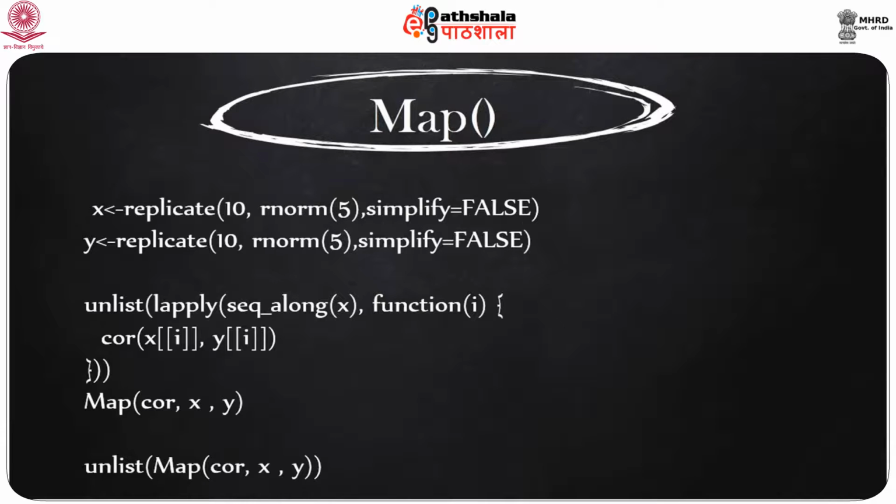Since this problem involves two lists, if you use the lapply function here, it would work in a clumsy way, like the one we have given here. Instead, try the Map function. Just type the code that we have given here: Map, then within the brackets cor, the function which will find the correlation, and then the two lists for which we are trying to find the correlation, that is x and y. The output will be given as a list, and as you know, you can always unlist it using the unlist command. So as we have just seen, we can always convert a Map call to an lapply which will iterate over the indices, but the Map function will give you